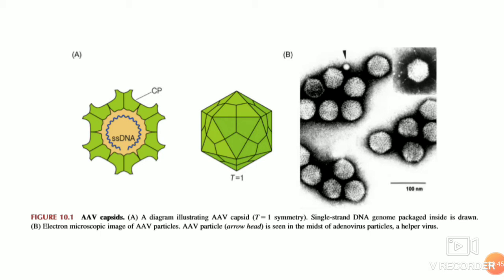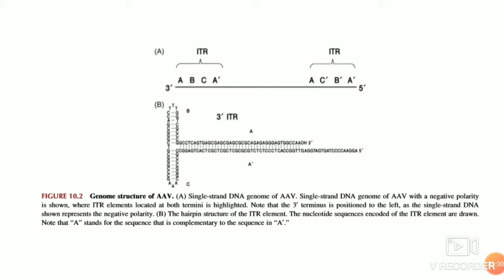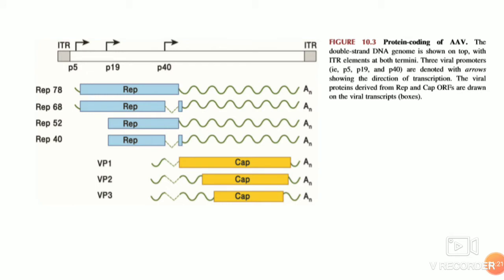The viral genome replication yields both positive and negative strand single stranded DNA, and the packaging of this adeno-associated virus capsid can happen with the positive or negative strand, because once they infect the cell they form something called the replicative form, that is a double stranded structure that is very important for transcription. So this is the structure of the viral terminus, that is the hairpin structure formed by the inverted terminal repeat.